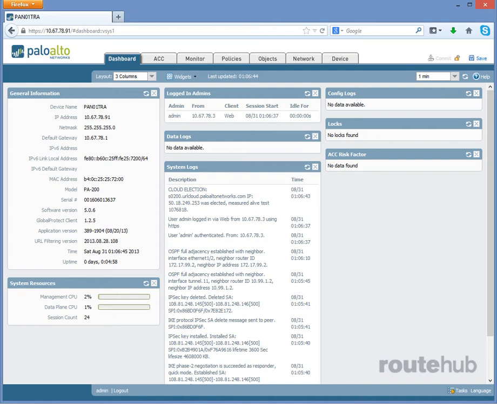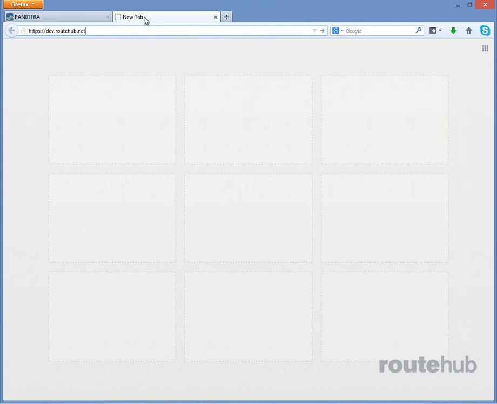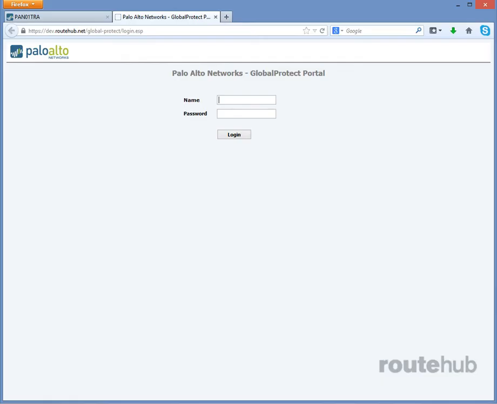To do that, I will have to first open up a new web page. Let's go ahead and do that right now. And I will type in dev.routehub.net. Great, so we're connected. Once again, we have no security warnings because we have a trusted cert installed for that